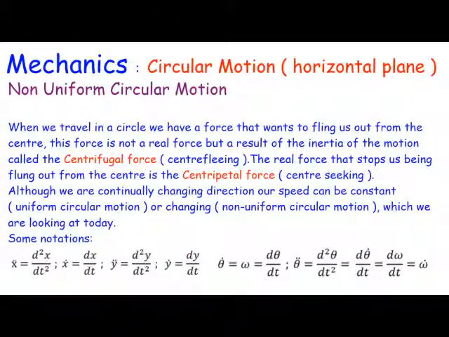Today we're looking at mechanics, circular motion in the horizontal plane, and in particular non-uniform circular motion, as opposed to uniform circular motion where the angular velocity is constant. Now we need to have a quick look at